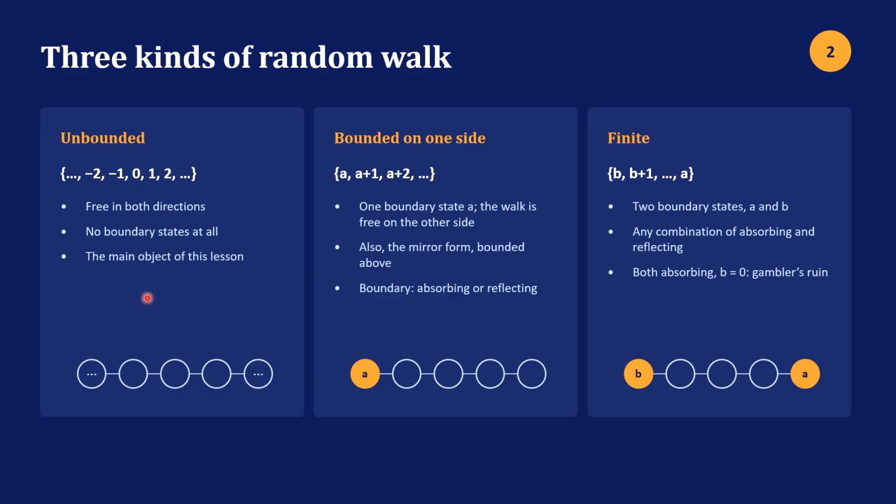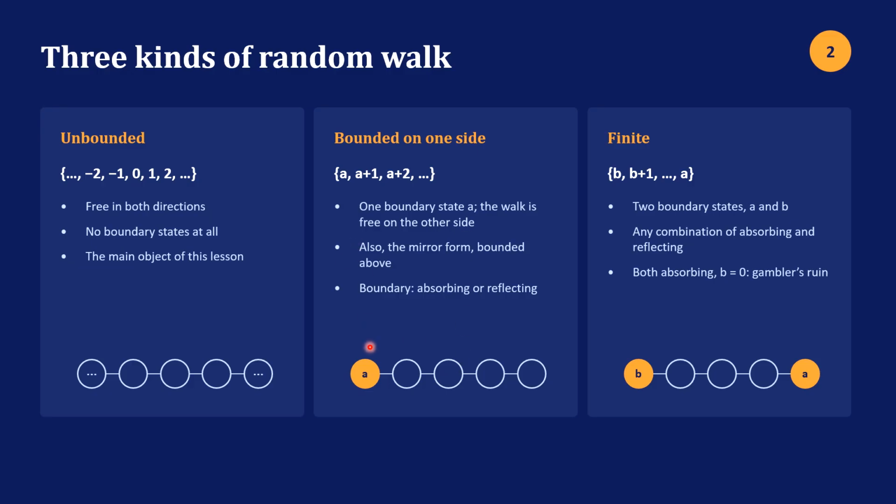We have three types of random walks on this slide. The first one is unbounded. So you start at some initial state and then you can move either to the right or left, and there's no bound. So if the probability is higher going in one direction, you may just keep drifting out indefinitely. Then we have bounded on one side,